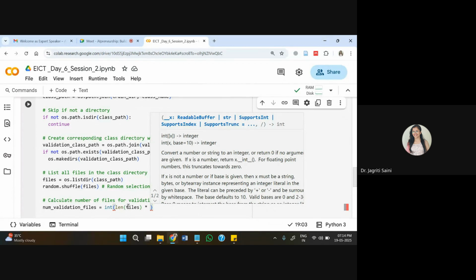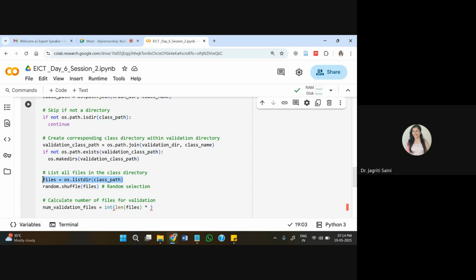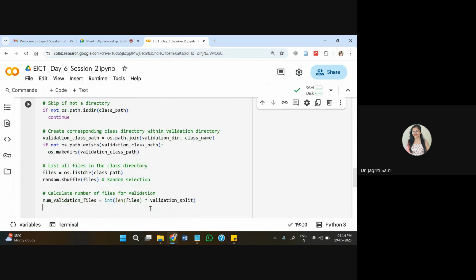So we are calculating here based on the number of files we have within the class path. I'm calculating the length of those files, meaning what is the total number of files I have, and then from there itself I'll get my validation split, which is 20%. So accordingly the new set of files will be created.